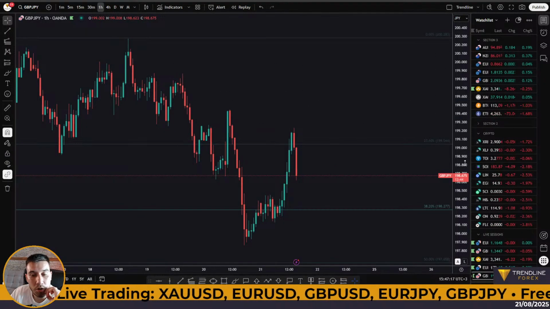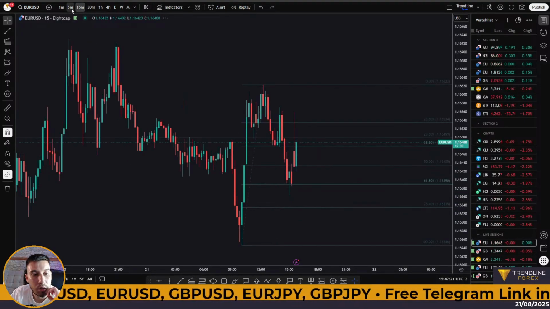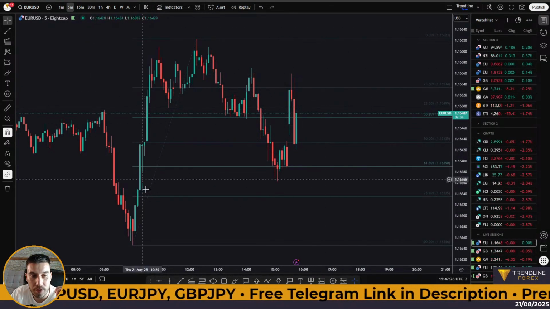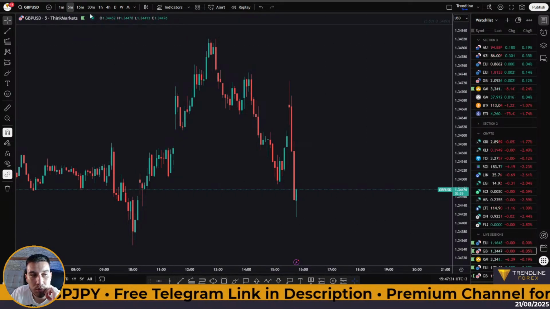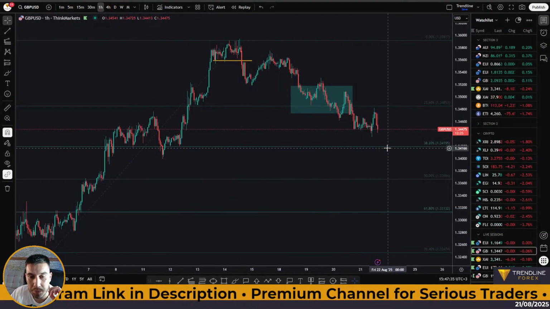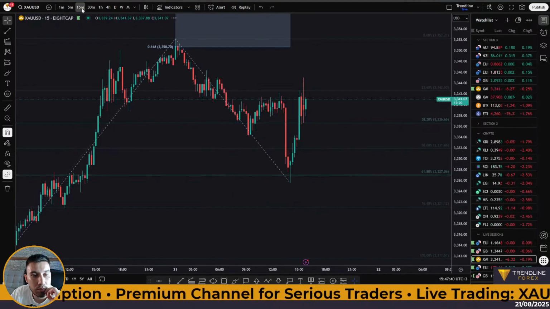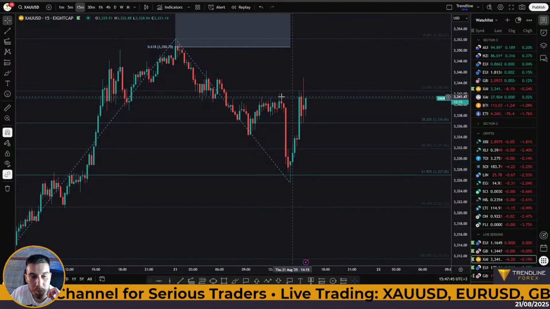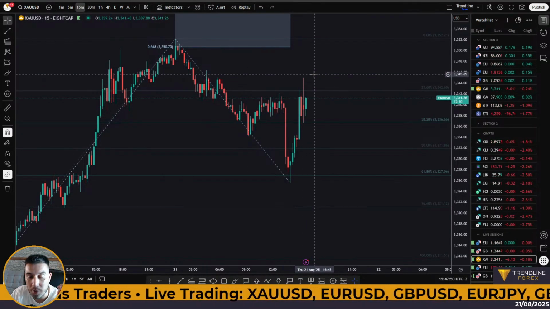So what's going on here on the chart? We have euro dollar, pretty much trading sideways. It's probably going to form another range within this move right here. But let's see how it goes. We then have pound dollar. Okay, a nice push down. Like I said, we're probably reaching the 38.2. Then we have gold. Okay, we have a rejection right now at the current price level. So if we manage to break and close above that rejection, that would be a good sign. If not,